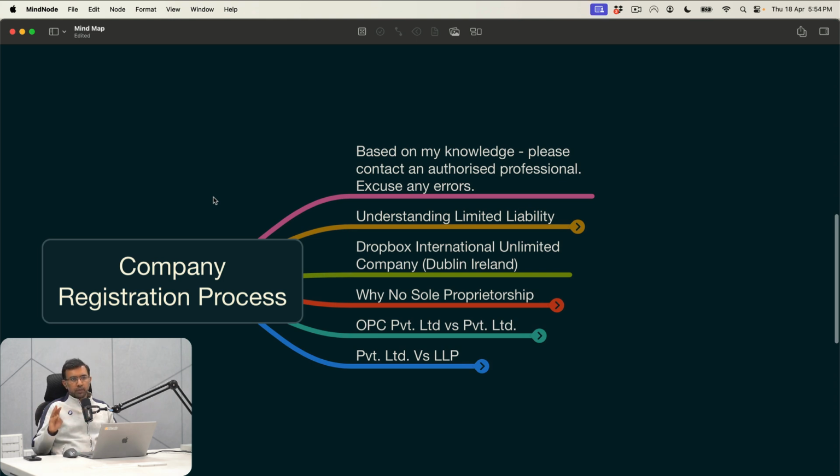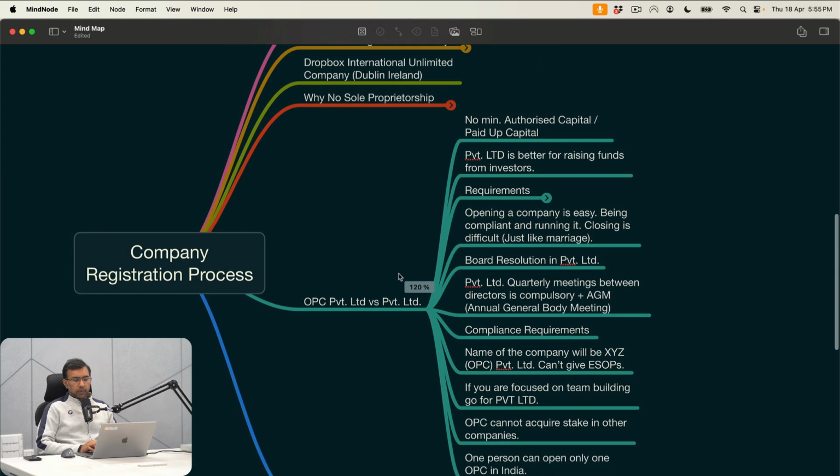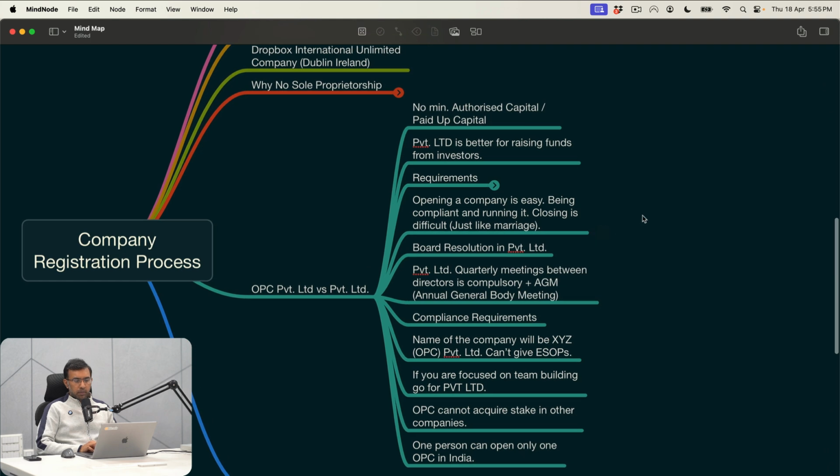You have sole proprietorship, you have a simple partnership, you have limited liability partnership, you have private limited, and you have OPC private limited. OPC private limited was introduced in budget 2021. And from what I can see, OPC private limited does not have any specific benefits compared to private limited. I would say that if you have a brother, mother, father, friend, wife, you can just give them 1% or 0.1% equity in your company and add them as an additional director. Personally, from what I can see, both private limited and OPC private limited are the same.